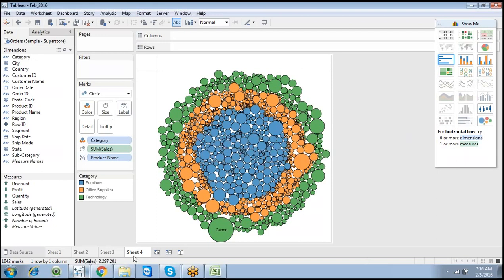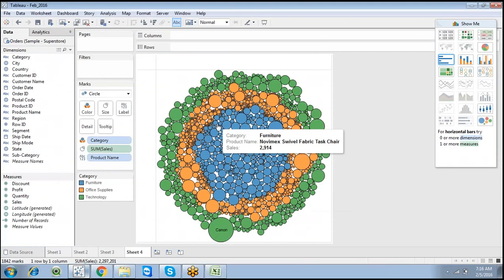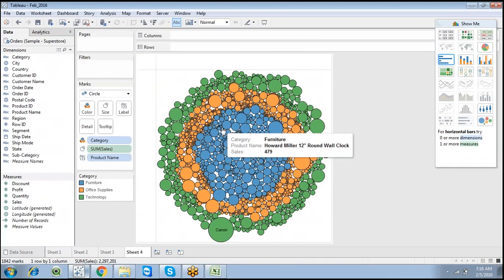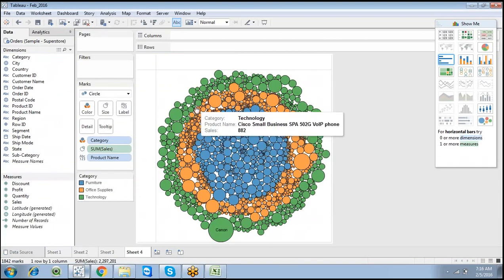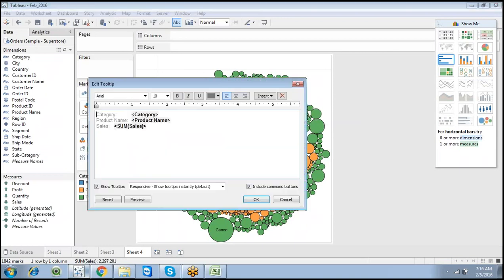As discussed, we have covered color, size, labels, and here we are discussing the tooltip. So why do we go for a tooltip? I want to showcase sales value. Now you can see 882 for one particular product, Cisco related. So mouse over 17,000, but I want to showcase it more clearly. So click on tooltip.